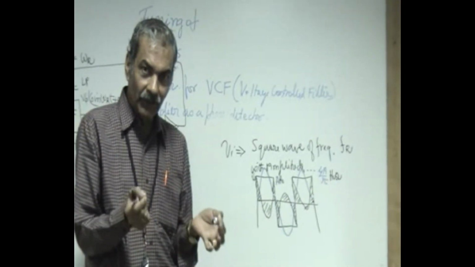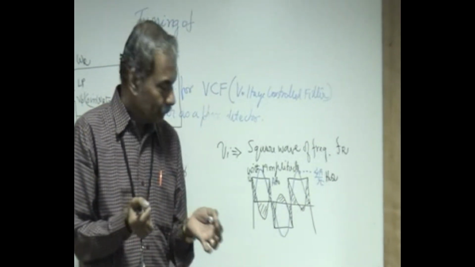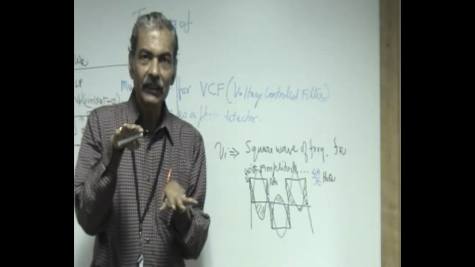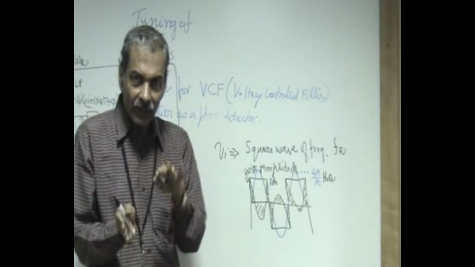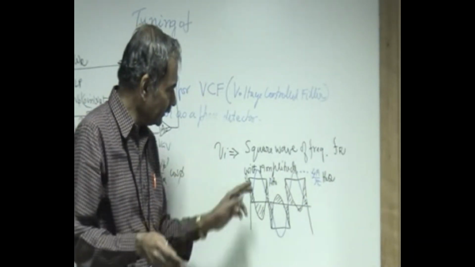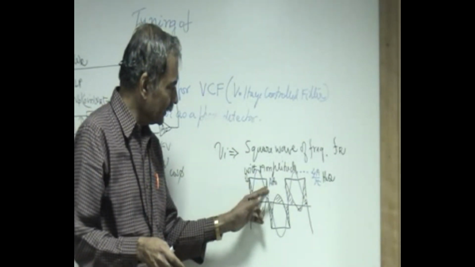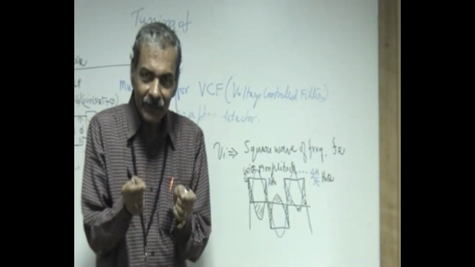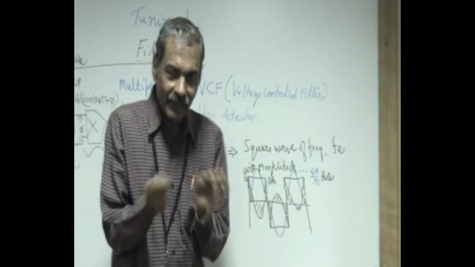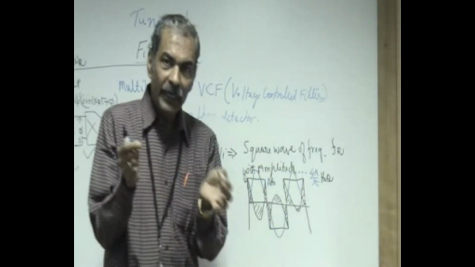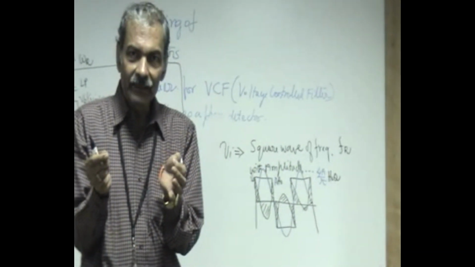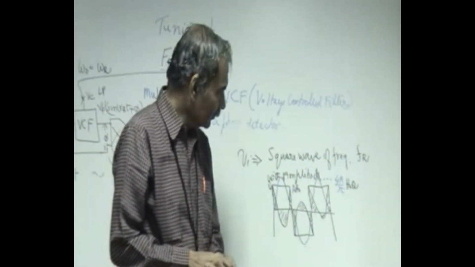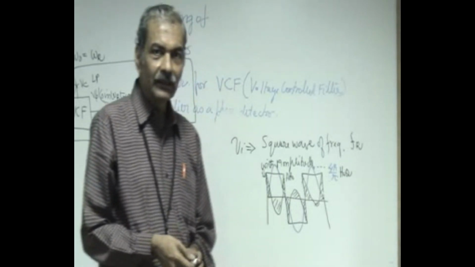If it is exactly tuned to the incoming frequency, then this peak and this peak will be exactly equal. If you just deviate from this side or that side because of the sudden change in phase, either this will go up and this will come down, or this will go up and this will come down. This you can observe in the experiment, right? Only when it is exactly tuned, these two peaks will be exactly at the same point. So please observe this waveform at the output and enjoy this experiment.